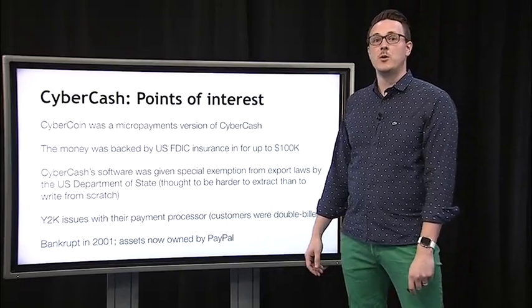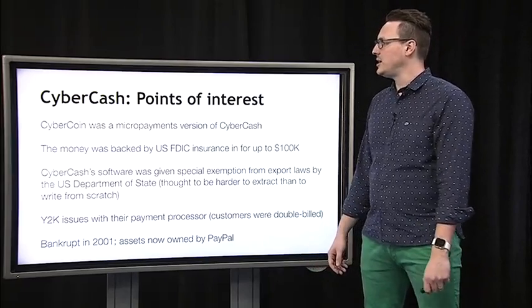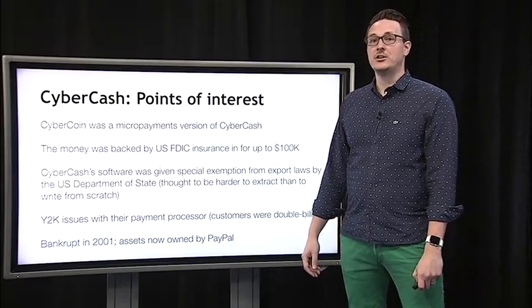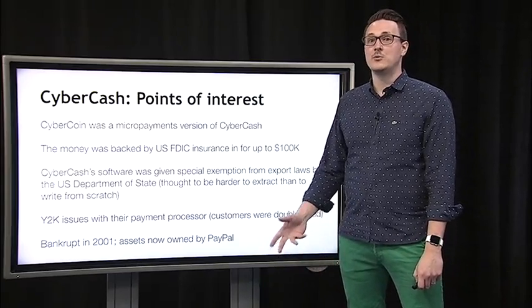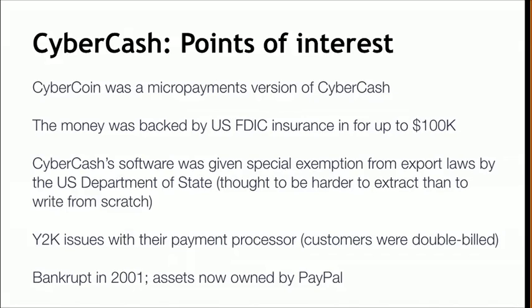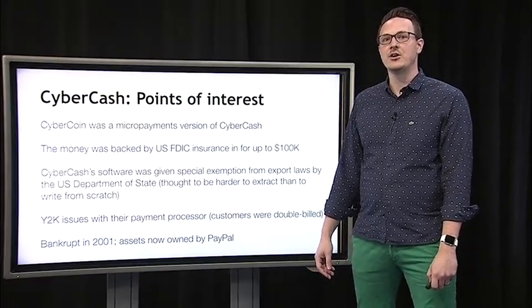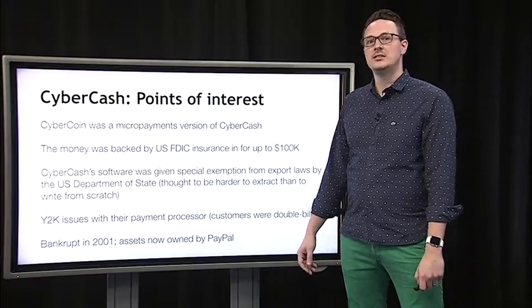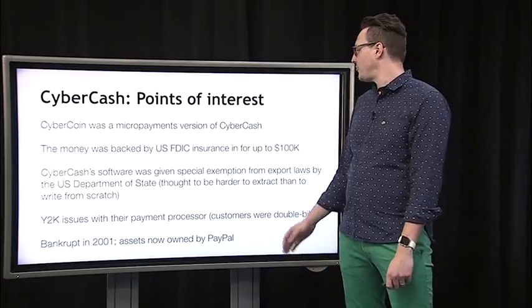Now, CyberCash, the one company that went into SET, is an interesting company that we'll spend a few minutes looking at. CyberCash had very good relationships with the US government. In addition to their product that was based on credit cards, they also had a coin-based system, a digital cash-based system called CyberCoin. CyberCoin was a micropayment system. So what that meant is that you probably never have more than $10 in your account at any one given time. However, what CyberCash was able to do is they were able to actually get FDIC insurance for each account